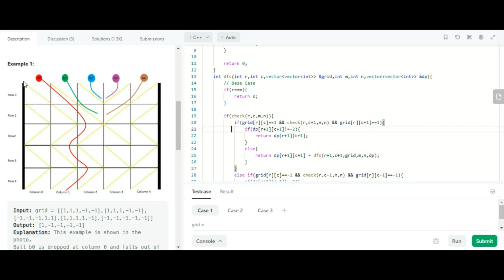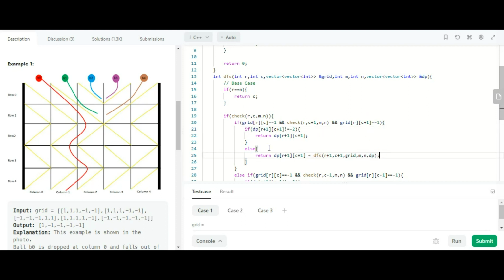Suppose in this grid the value is 1. So if the grid value is 1, we need to check the immediate grid in the next column, whether it is 1 or not. If it is 1, then this is the correct path that the ball can follow. Here this is the condition that we have checked: grid r comma c plus 1, the immediate next column value, is 1 or not. If it is 1, then we need to call the DFS function again.